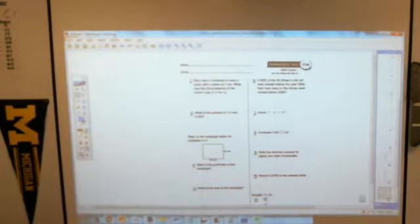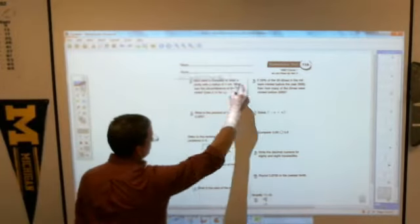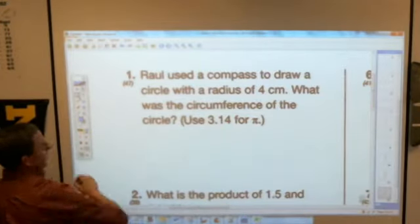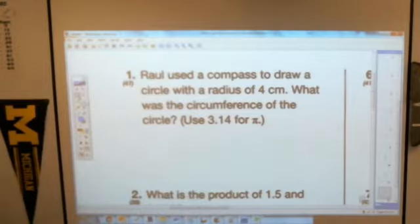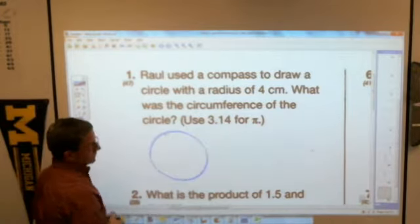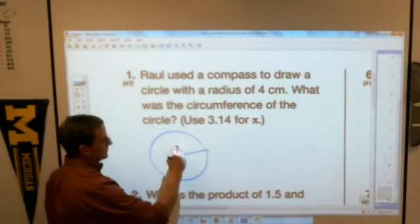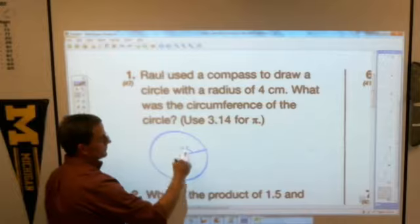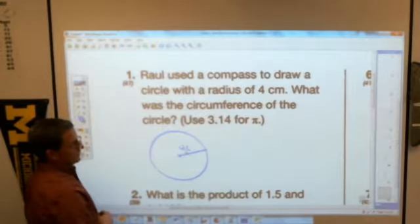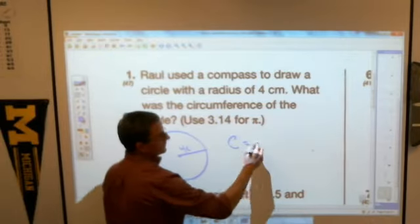All right, Charles asked the question about which one? Number 1, Charlie? Can you do it? Hopefully. It says Raul used the compass to draw a circle. Charlie, did you draw a circle? Yes. All right, did you label it? With a radius, not a diameter, but a radius of 4 centimeters, yes? Then it said, what is the circumference? Did you write down the formula for circumference? Yes. Which is? C